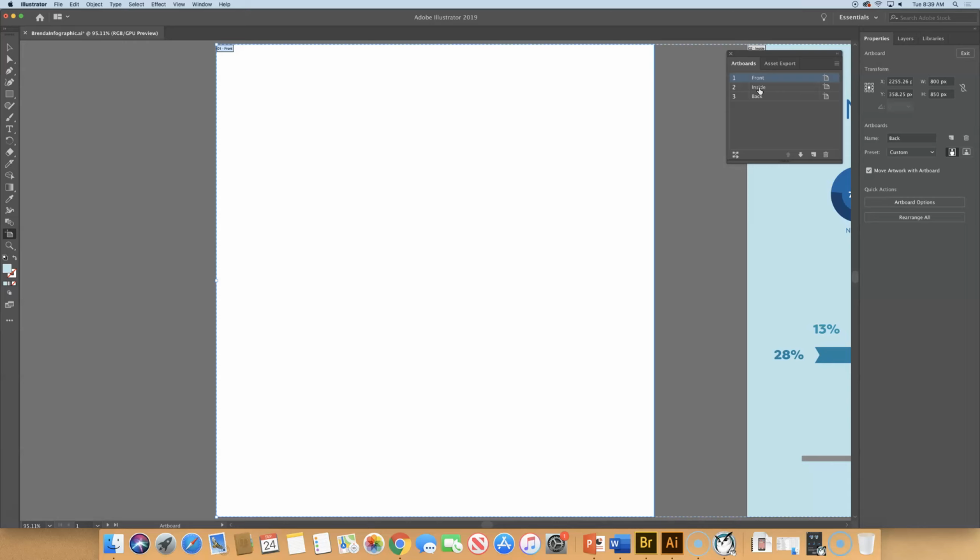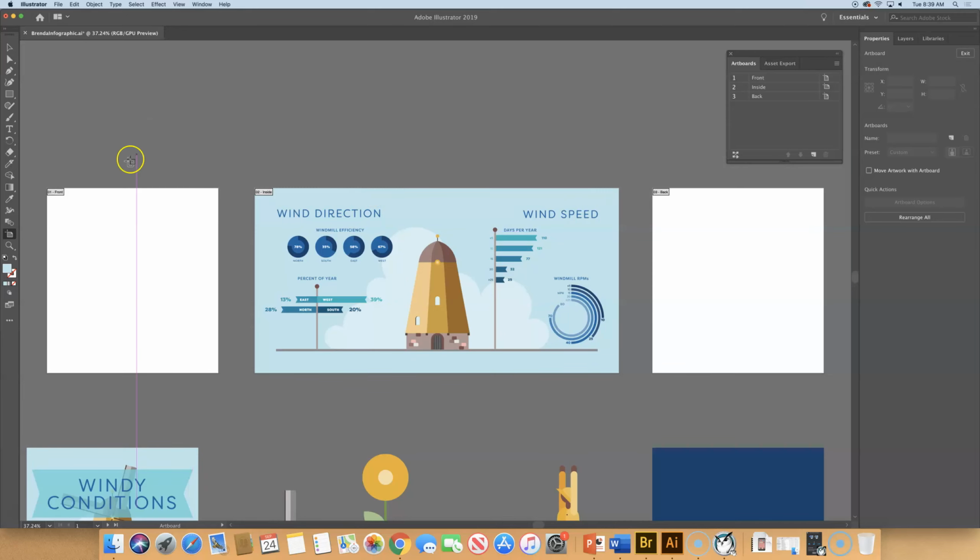Okay, let's see, where'd we go? So we dragged the word Front up to the top of the stack. Now I'm just going to zoom out. There we go. Nothing's different. I still have my front artboard over here on the left, my inside in the middle, and the one on the back. The way that they're listed in this artboard panel now matches what we see: Front, Inside, Back. So we just moved this to make it match what we visually see,